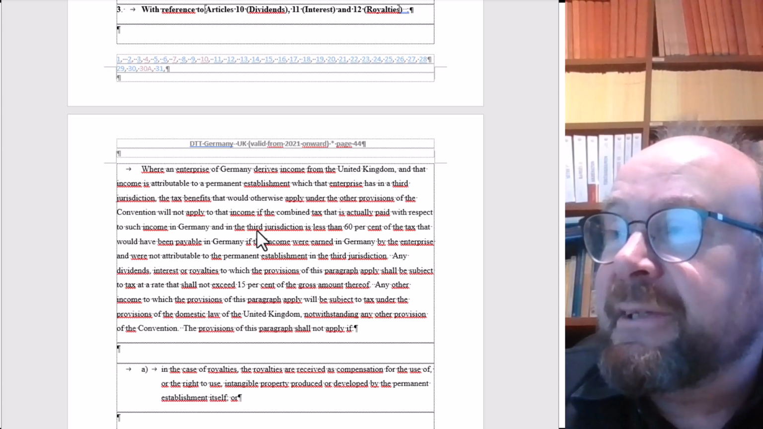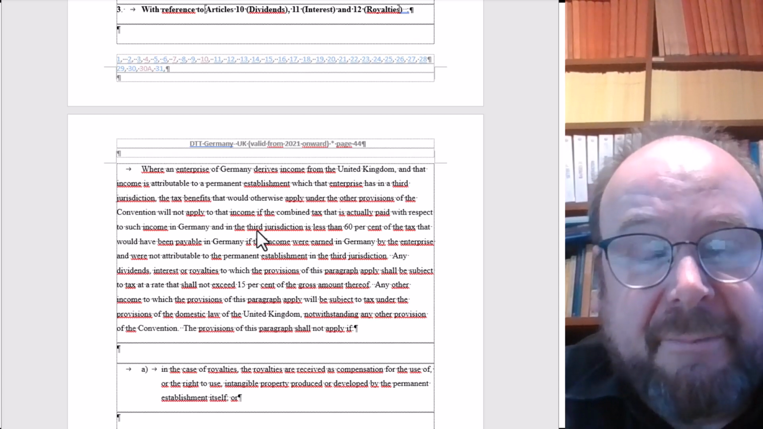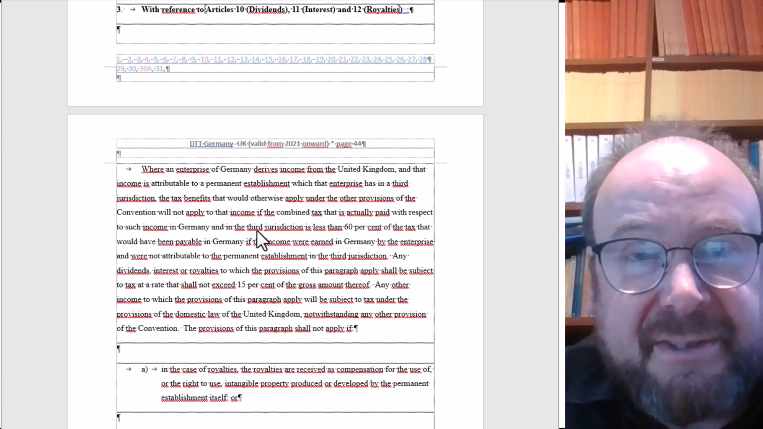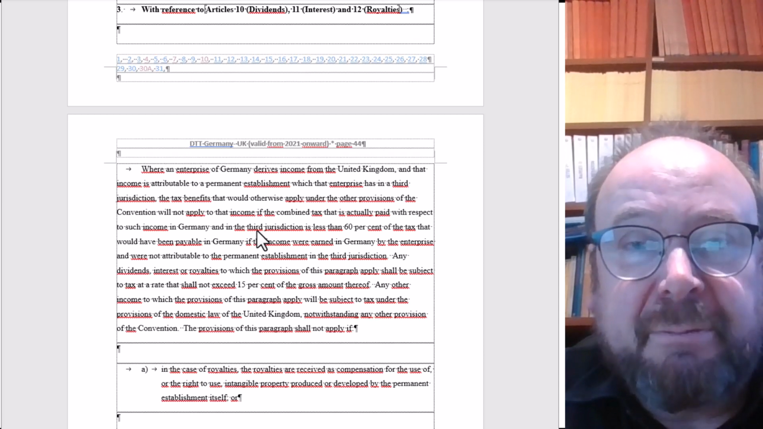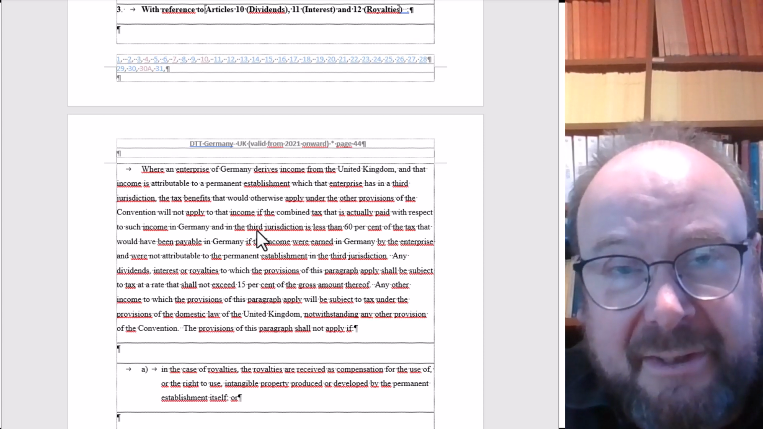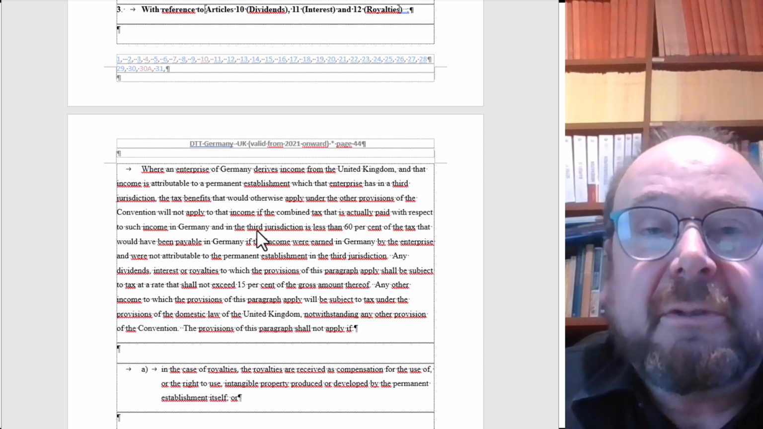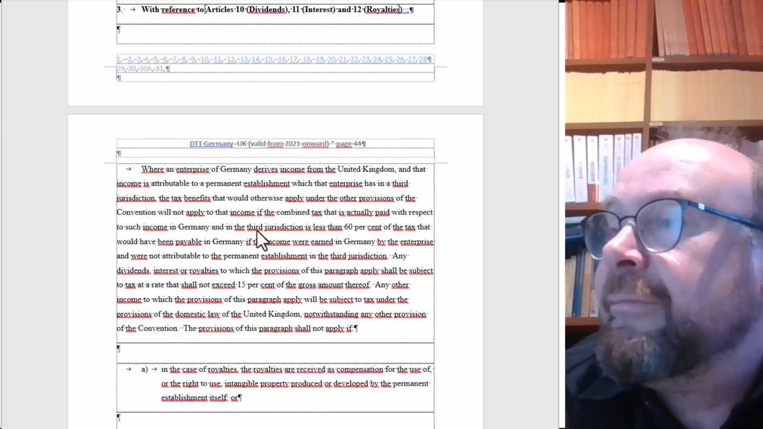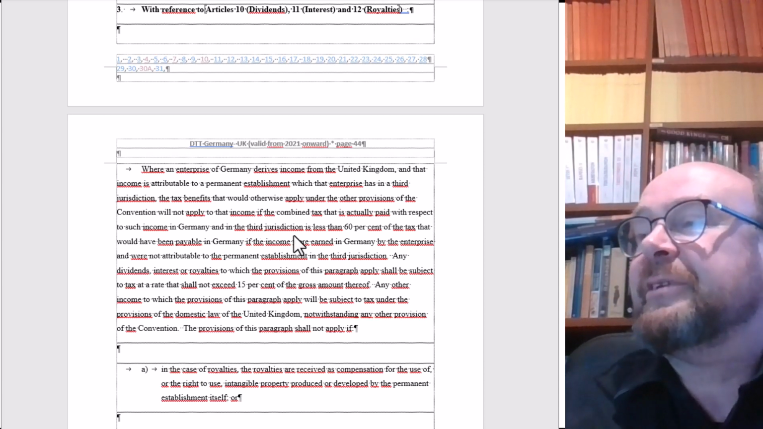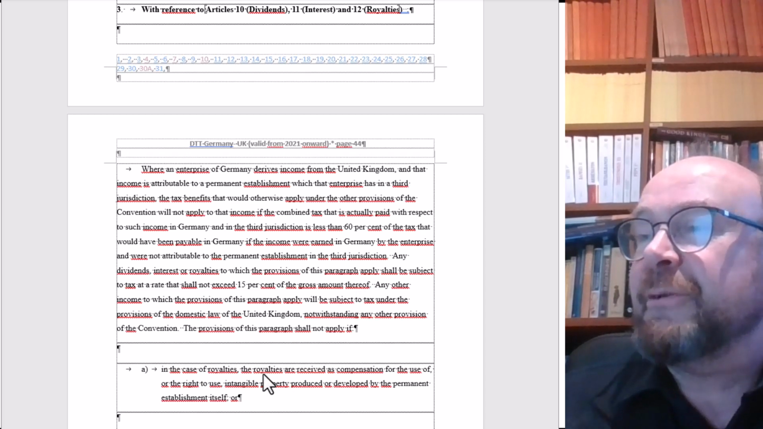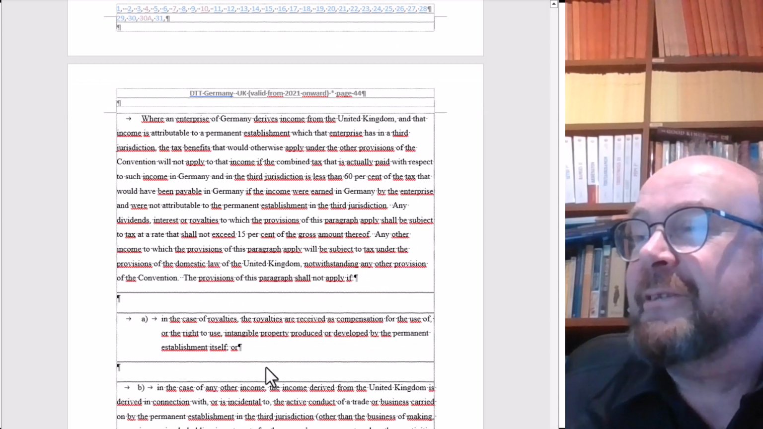That is explicitly clarified here in the protocol, and it's a good example that a rule in a protocol can directly contradict and overrule a rule in the main text. These provisions of this paragraph shall not apply in case of royalties if the royalties are received as a compensation